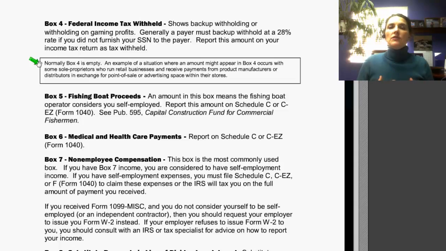Now, we're about to see an increase, I think, in the amount of reporting that's going to be going on in Box 4. The IRS has started a new procedure where it is verifying or matching the name of a business or an individual against the identification number that appears on the 1099 miscellaneous. If there's a mismatch between the name and the number on the 1099 miscellaneous, the IRS notifies the payor who